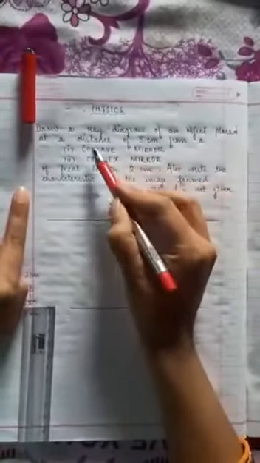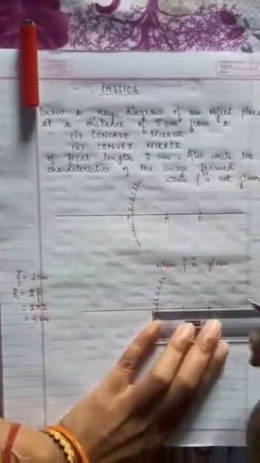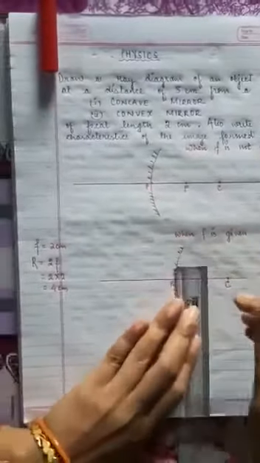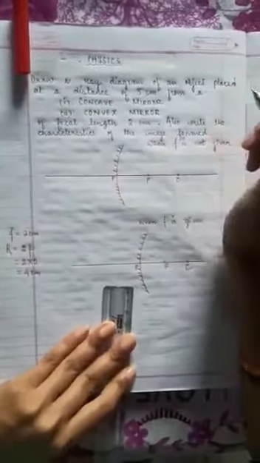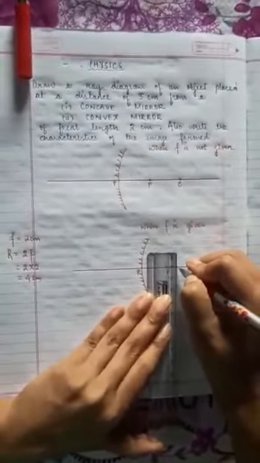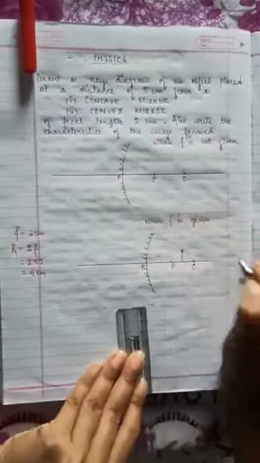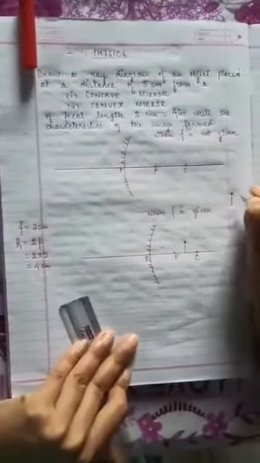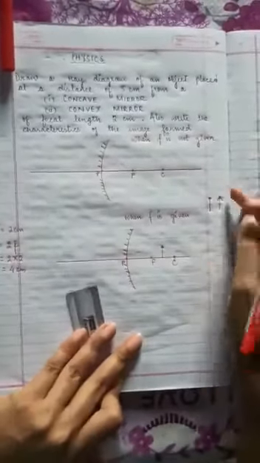Now the question is, the distance of the object is 3 centimeter from the pole. So you will measure 3 centimeter from here and draw the height of the object. Now the height of the object is not given. So you take minimum 1 centimeter as the default height. Using my scale, I have drawn a straight line of 1 centimeter and made an arrow. You can use this symbol also, but try to use this symbol, because this symbol will tell you whether the image is erect or inverted.